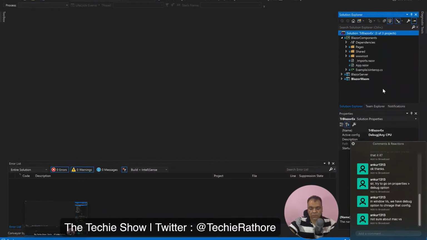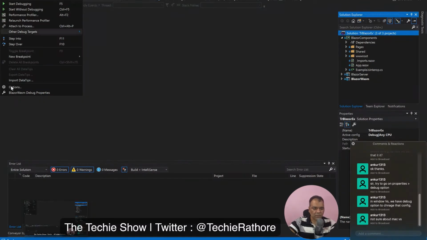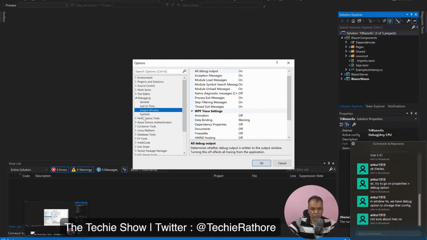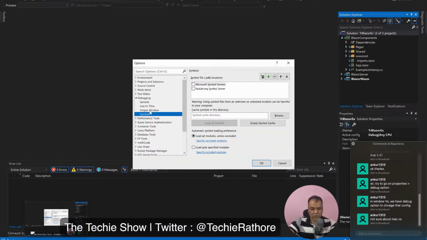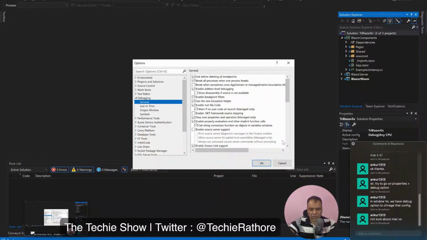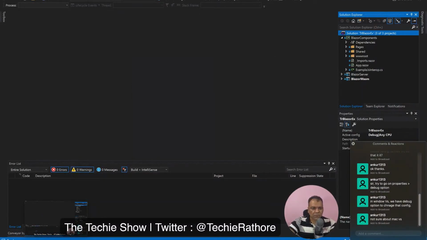Okay, Ankur is saying something about how in Windows VS we have a debug option to change that config. Where, Ankur, where is that debug option? Okay, in debug you are saying here. Okay, in options, just in time, output window, symbols. Are you talking about this? General? No, not this one, yaar. Basically, see, I have used this, but during the updates I missed this thing, but here there was an option to choose the browser. Like right now, if you see debug,